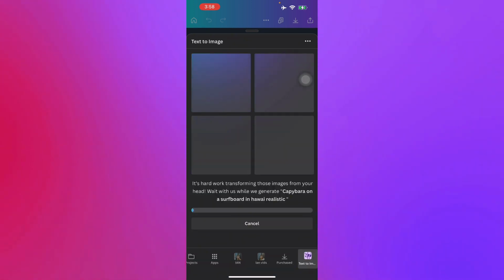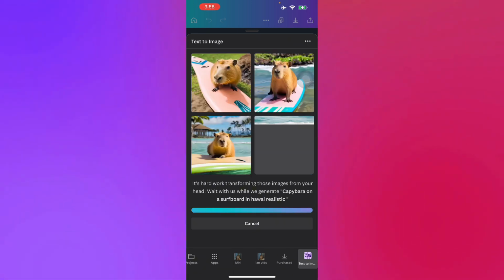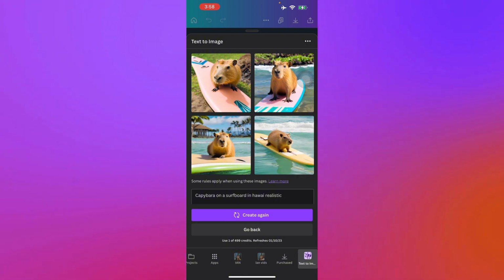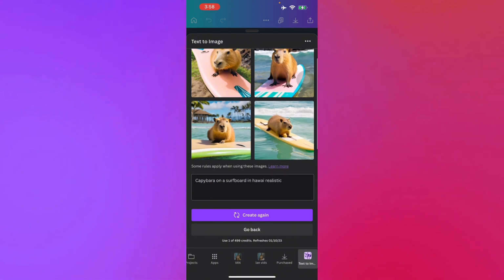So once you're waiting for that, it's something like Midjourney, but the difference is you don't really have to go to Midjourney and go to Discord and maybe just generate there, and then you have to type it in and then you'll have to wait since there are a lot of people using the server itself. While here, you don't have to really bother exporting the photo and then importing it to Canva, while you can just do it right here on your application itself and your PC, your mobile, and other things like that. So as you can see here, we have a cute capybara on a surfboard in Hawaii. See, it's pretty